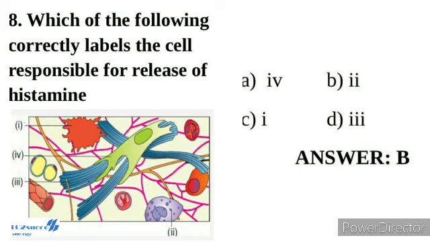Adipose tissue is another type of loose connective tissue located mainly beneath the skin. The cells of the tissue are specialized to store fat. The excess of nutrients which are not used immediately are converted into fats and are stored in this tissue. So the correct answer is option B. Diagram 1 is macrophage, 2 is mast cell, 3 is collagen fibers and 4 is fibroblast.